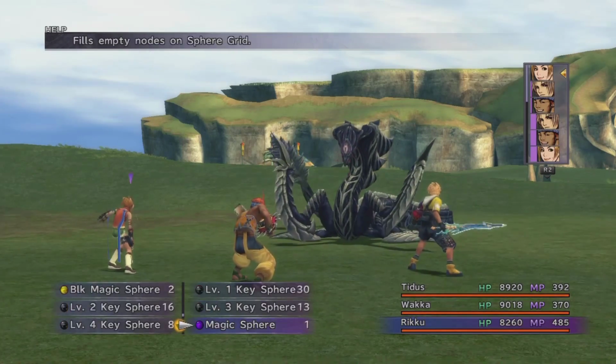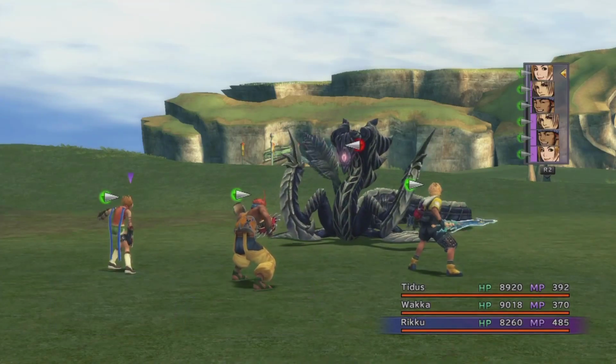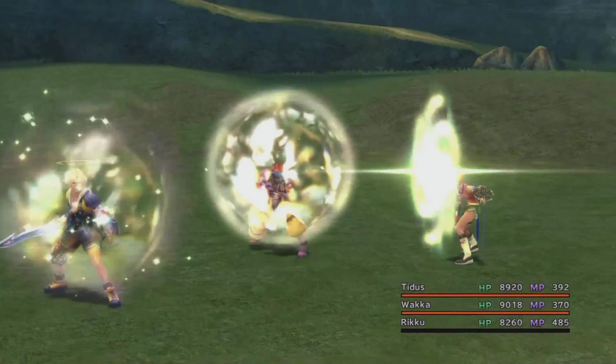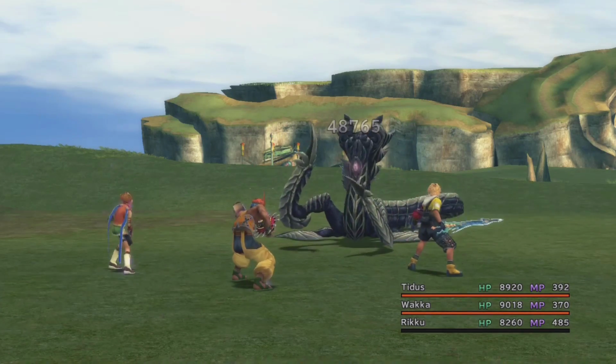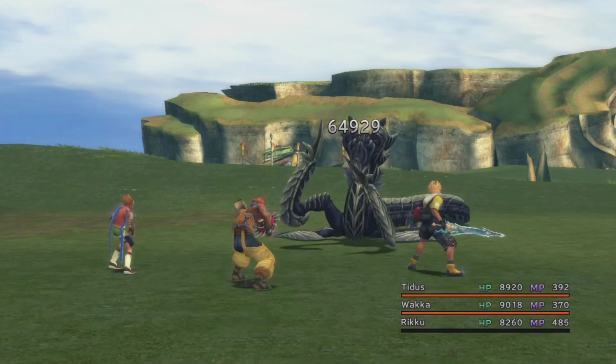setting up Hyper Mighty Guard, because we have loads of Gambler Spirits that we're not going to need for anything else, so plenty of mixing opportunities. Alright, let's hit it up. By the way, I have the Victor overdrive mode, so every time I win a battle, I think it goes up by like 20%, so...